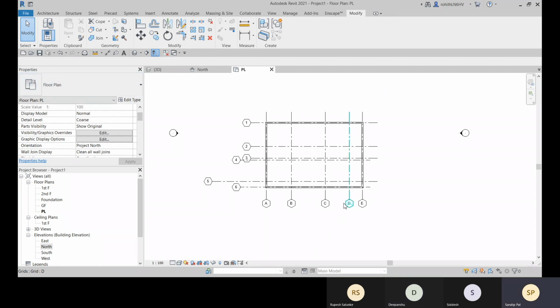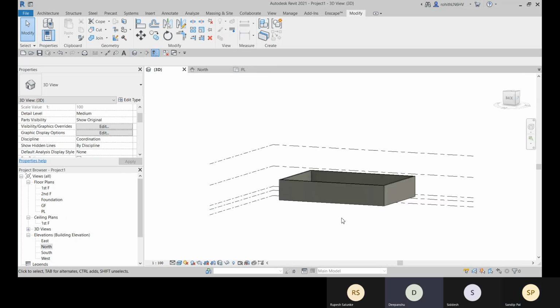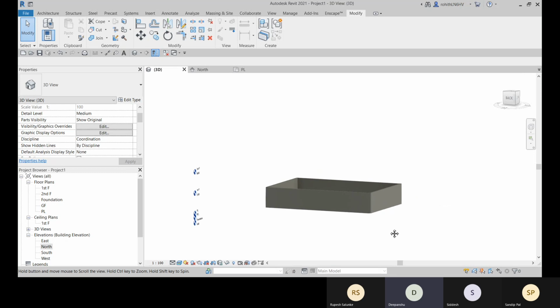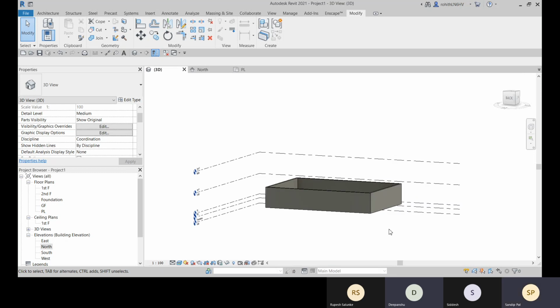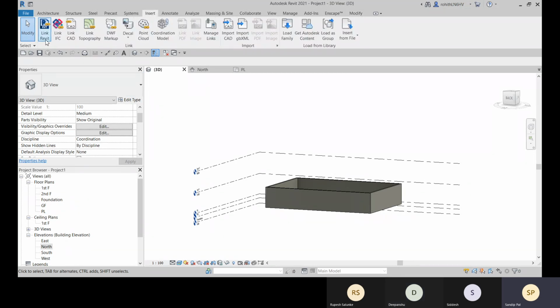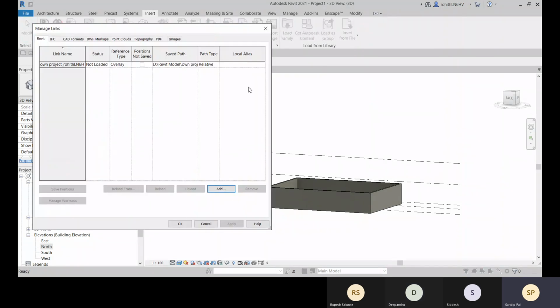Sir, I want to ask about that linked file: when we make any change in the original file, will it be reflected here also or not? Right, absolutely. It will be reflected as we are using this linked file. For that, you need to reload it.